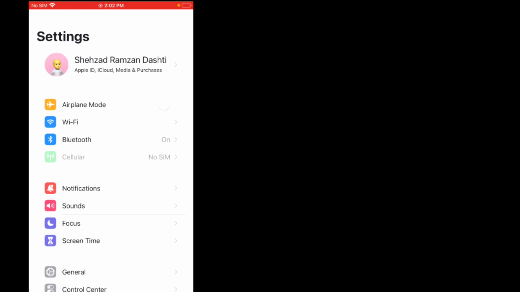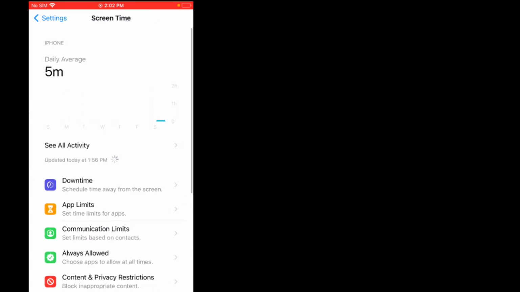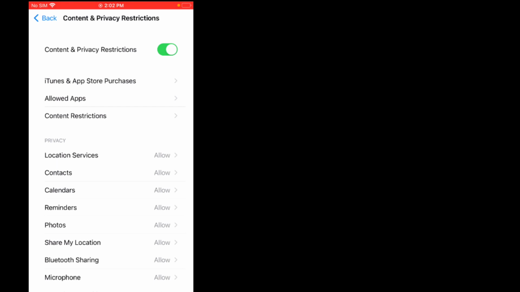Solution number 6 is turn off iPhone content and privacy restrictions. Firstly, tap on the Settings app. You can see it appears on the screen. Tap on Screen Time. Tap on Content and Privacy Restrictions. Toggle the privacy restrictions off and the problem is fixed. If all solutions are not working on your iPhone, simply contact support.apple.com and fix your